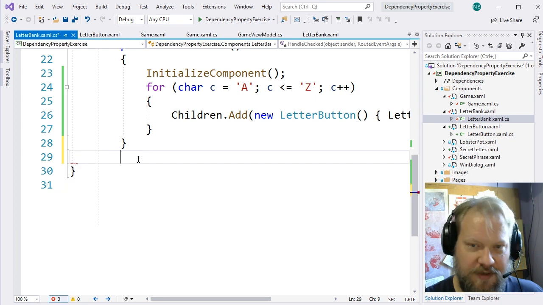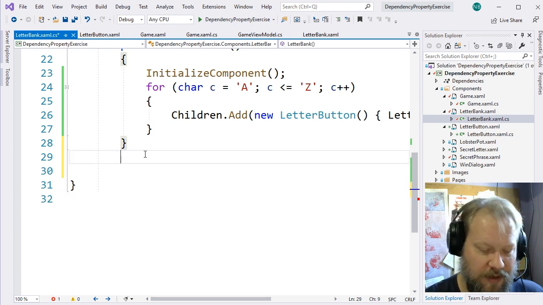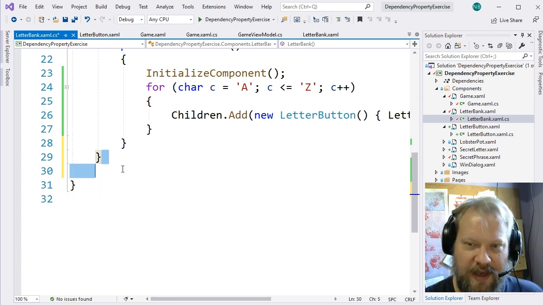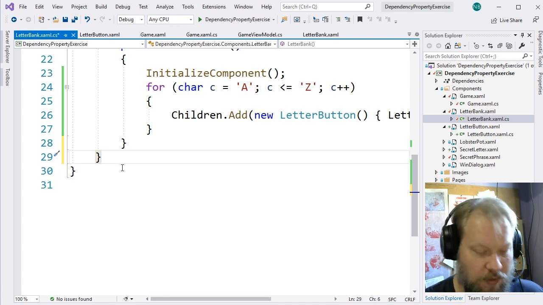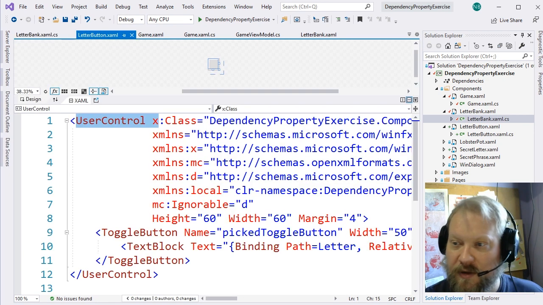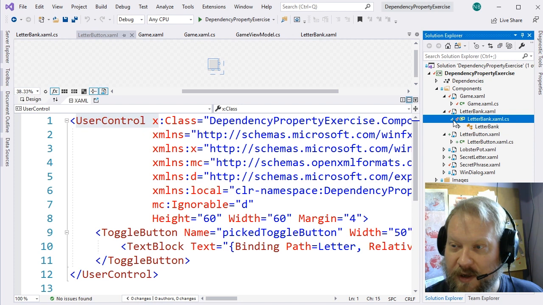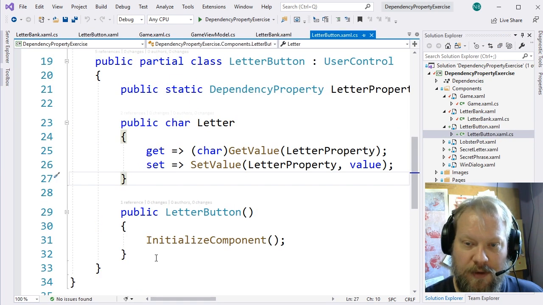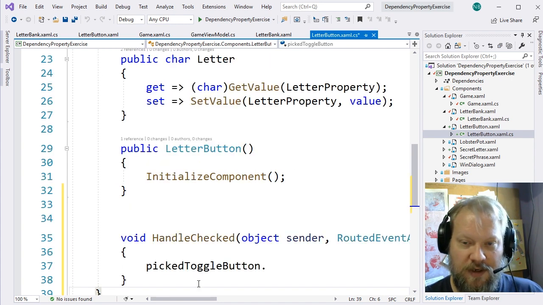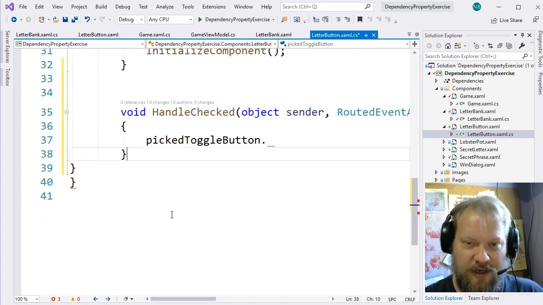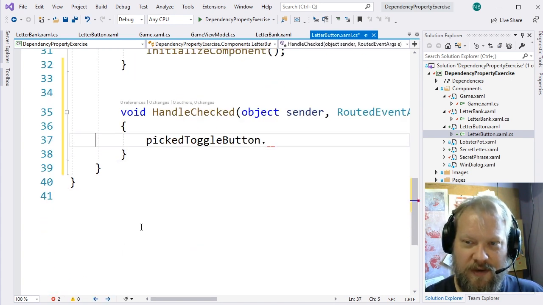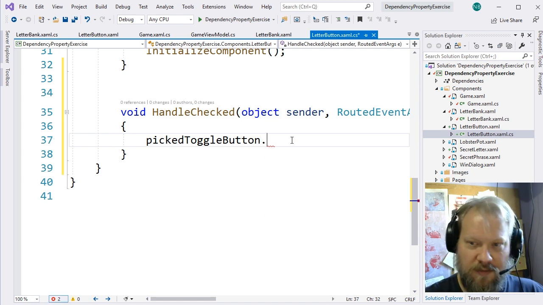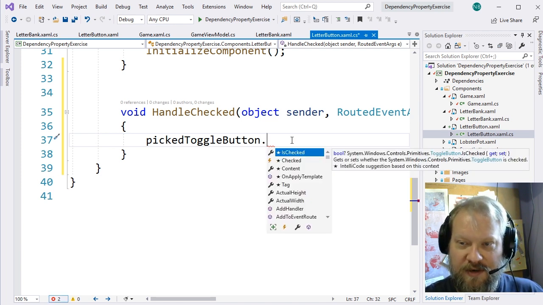I'm doing this in the wrong place. It needs to be in the code behind of the letter button, not the letter bank. So we'll jump right into the code behind, which is the letter button code behind. I'll drop this after the constructor and get rid of our extra curly brace. There we go. So in here we should be able to get that pick toggle button, and we're going to